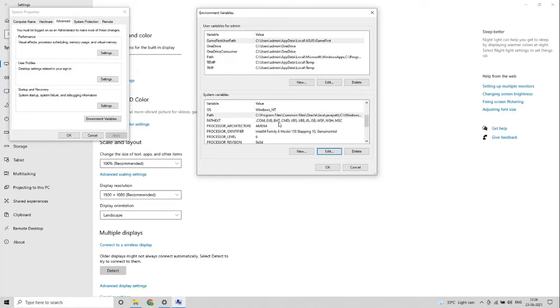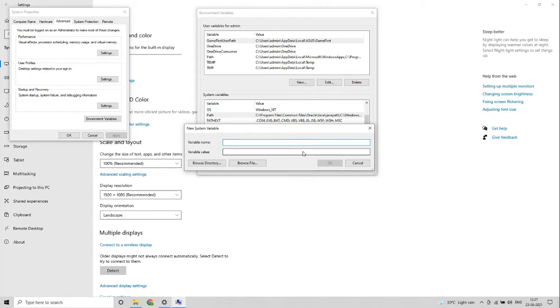Also, if you want to develop with Java or Java related tools, you might also want to set the JAVA_HOME environment variable. So you have to click on the new option here. Enter the variable name JAVA_HOME in capital letters, JAVA underscore HOME, and then the value for the variable will be the path up to the JDK folder.